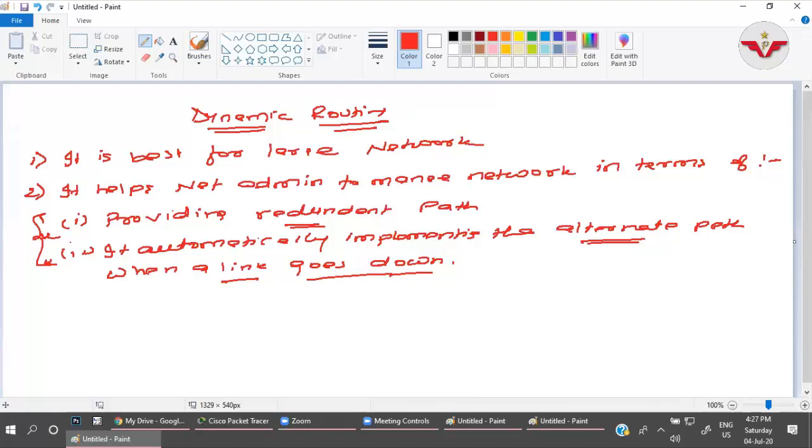We have an option to configure DHCP in the router as well, but we can use a DHCP server in the network to provide the IP address automatically to each and every host. So your requirement is what? You have configured a DHCP router or DHCP server?